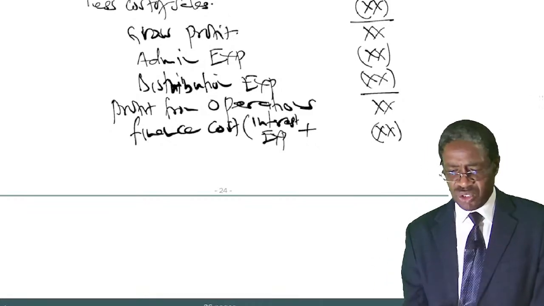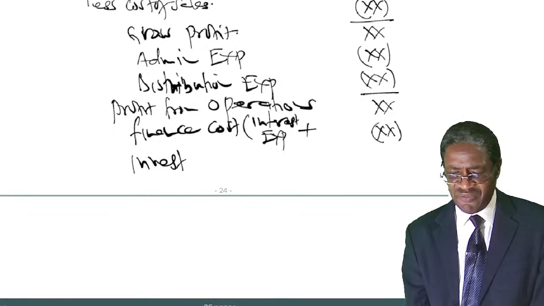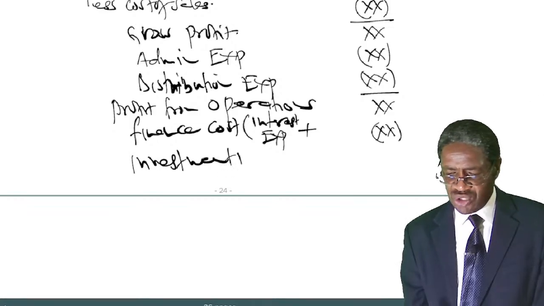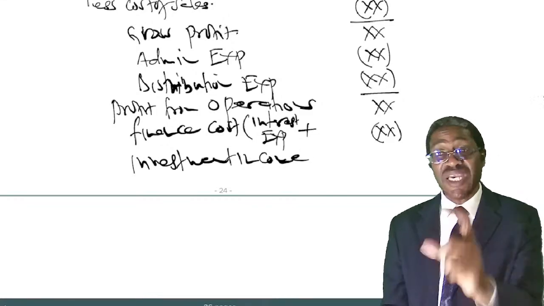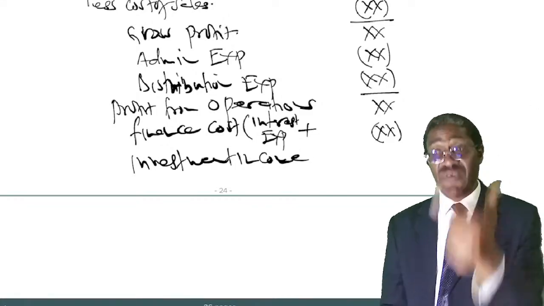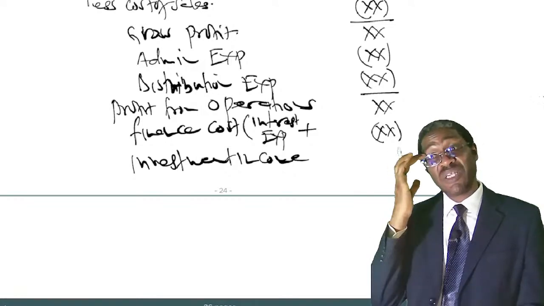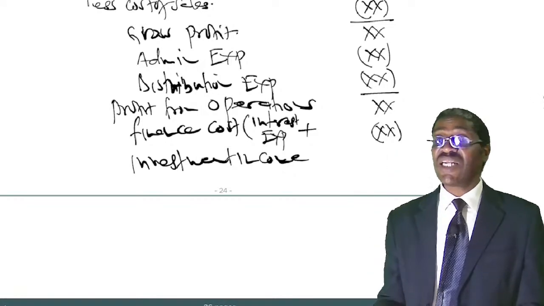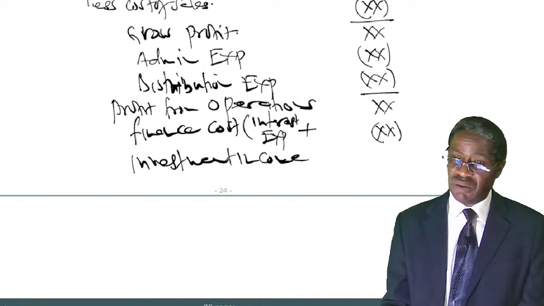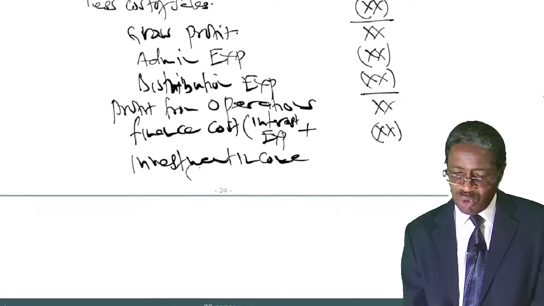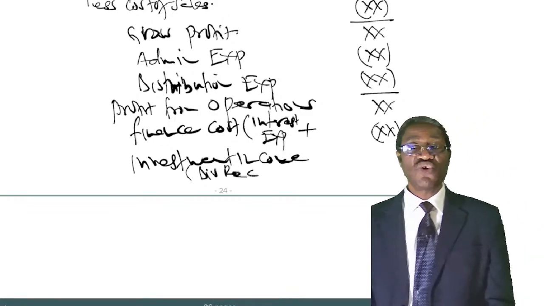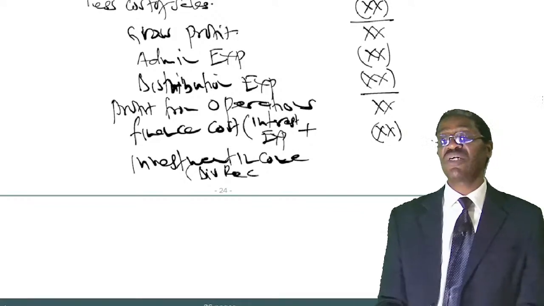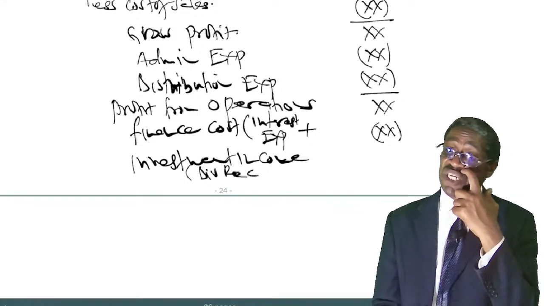After finance costs, we normally come to what we call investment income. Assuming your company has earned some income from its investment. Maybe your company has invested somewhere and they are earning what we call investment income. This investment income could be in form of dividend received. Maybe they have bought some shares as a company. You have bought some shares in a company somewhere else, and those shares are giving you some dividend as an